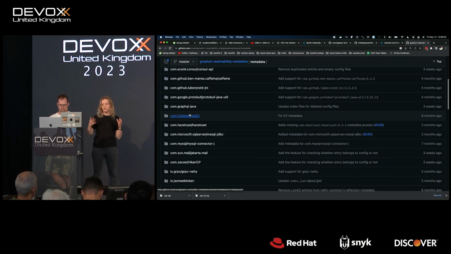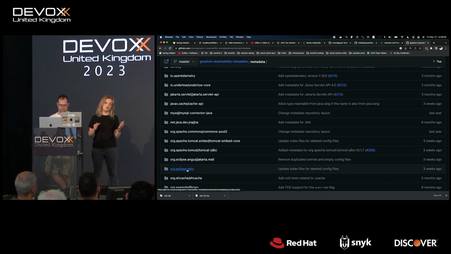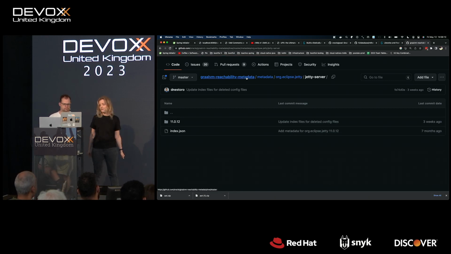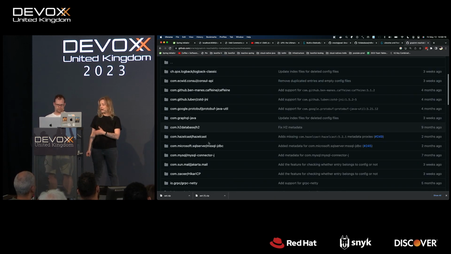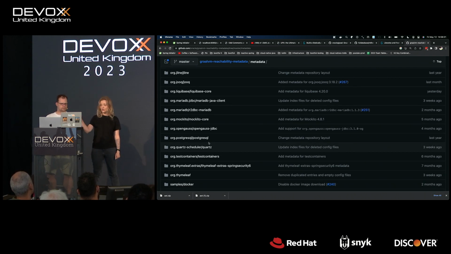It's a centralized place where GraalVM native image users, but also framework and library authors can contribute, share, and reuse configuration for native image so that other people don't have to. So maybe once you figure this out, why not share this with the community so other people don't have to go through all of that by themselves? And we have many contributions from the community and from the Spring team themselves in particular as well. So thanks for that. And the best part is that this is integrated with GraalVM's Maven and Gradle plugins.